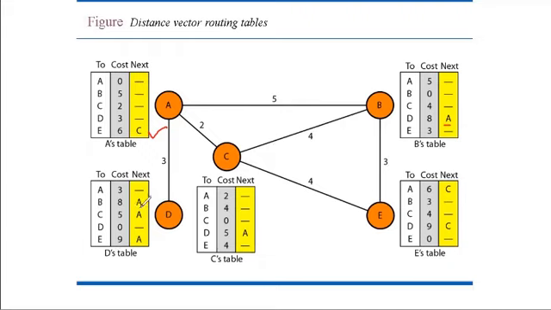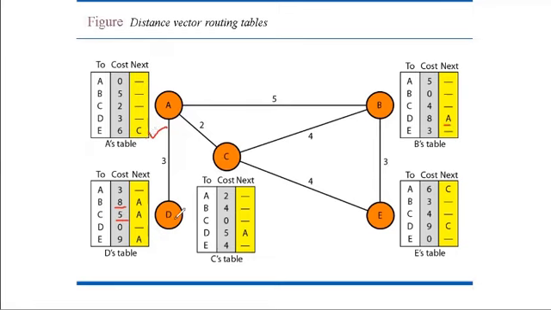What is the value for B? The next hop is A. So if D wants to reach any other router, it will have to go through A. If it has to reach B, it has to go through A. What is the distance? 8. If it has to reach C, it has to go through A again. The distance is 5. And if it has to reach E, then again it will have to go through A. The distance is 6. So it is using the route of 6.